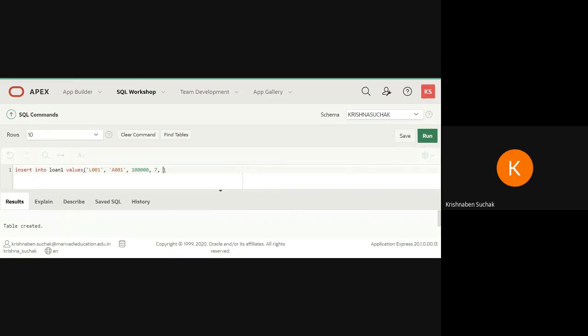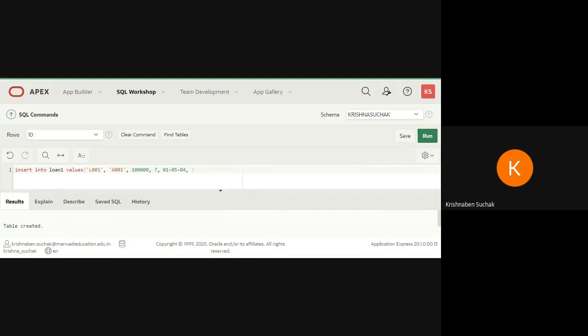Then the date. Now in date format, what we need to remember is that you have to write the date in month, day, and year. So 01, that is January, 05, that is the fifth date, and year 2004.